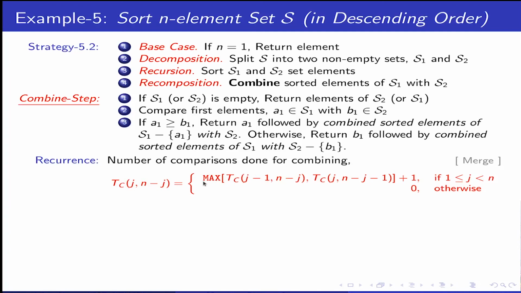So it is as good as combining. The number of comparisons is the comparison in a J minus 1 element array with N minus J, that is this part when A1 is greater than B1, or J with an N minus J minus 1 array, because one element you have kept in the first position and the rest you are comparing. So whichever will give you the maximum, plus 1, is the worst number of comparisons you need, right? This plus 1 is because of the one comparison I am doing every time in the combine step.